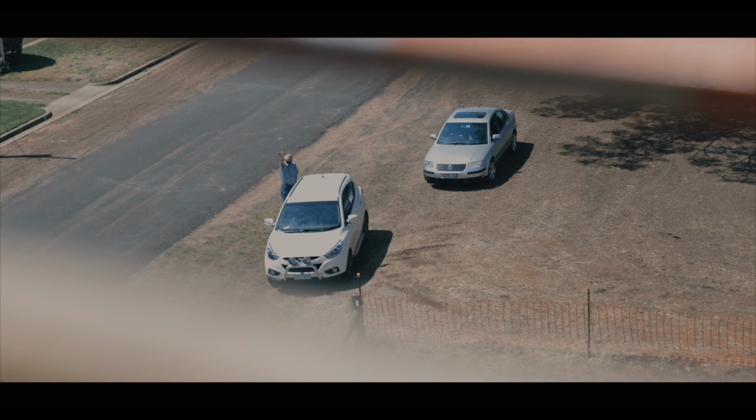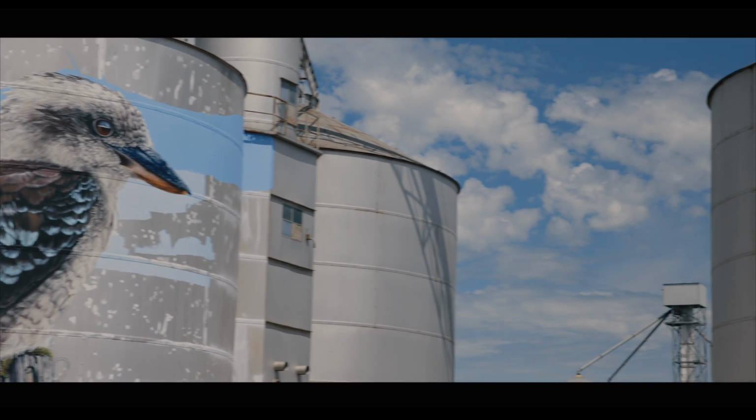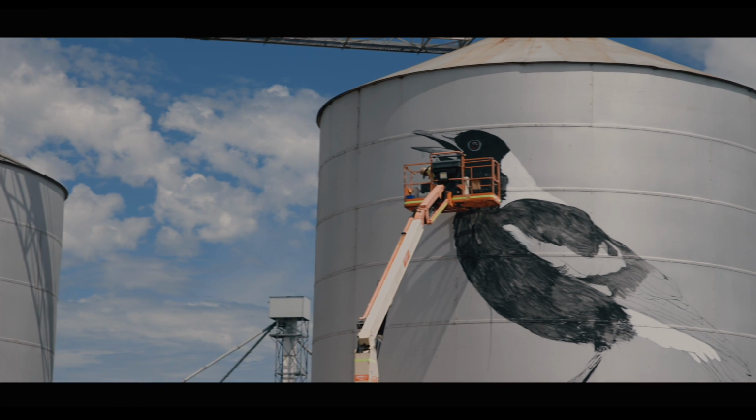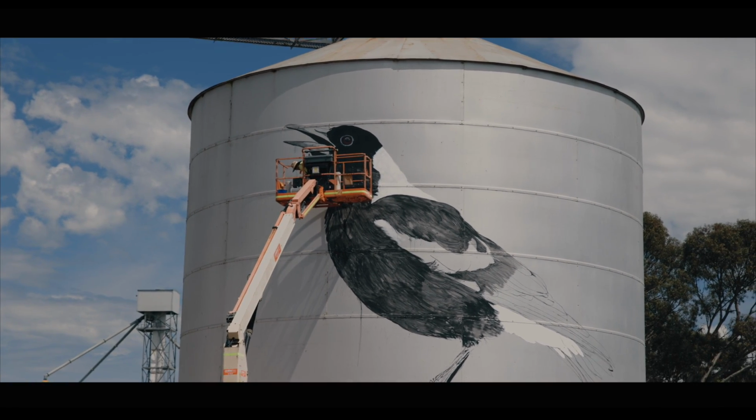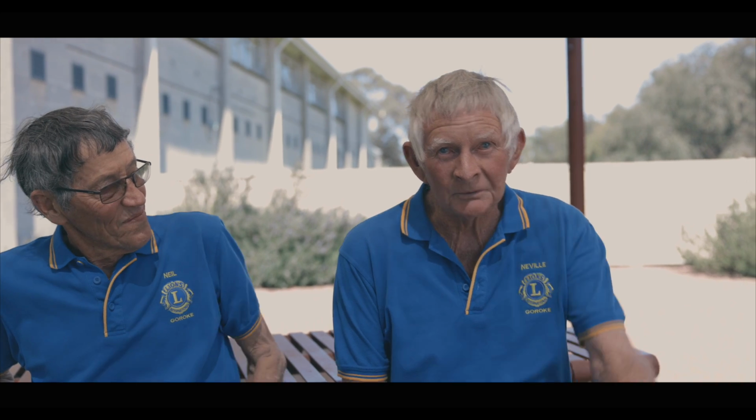But when we were kids, we'd have known every single person in the town. G'day. How are you? Yeah, good mate. And then we've got magnificent kookaburra sitting on a dropper, and he's going to be having a conversation with that magpie. I can remember when they were built, because we used to ride our bikes around the bottom of them,